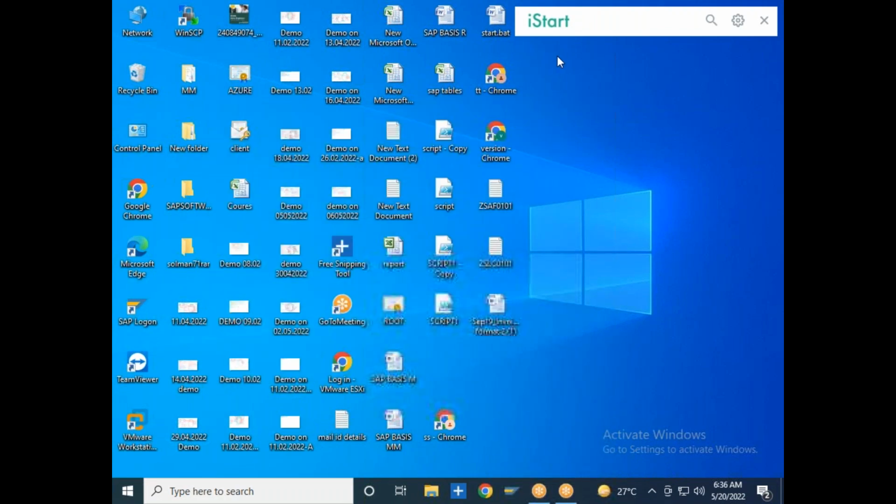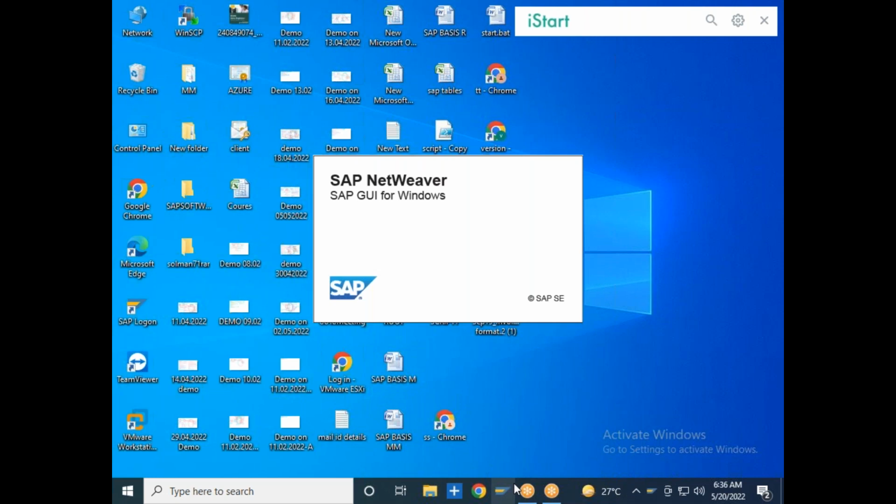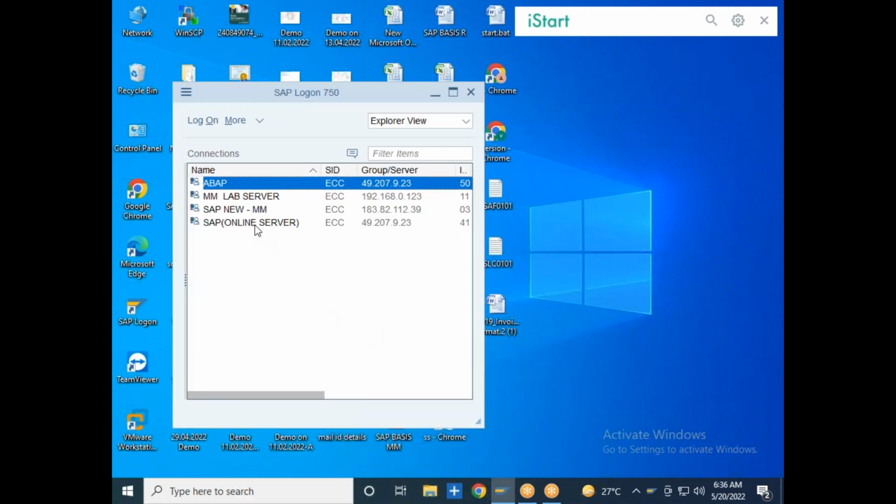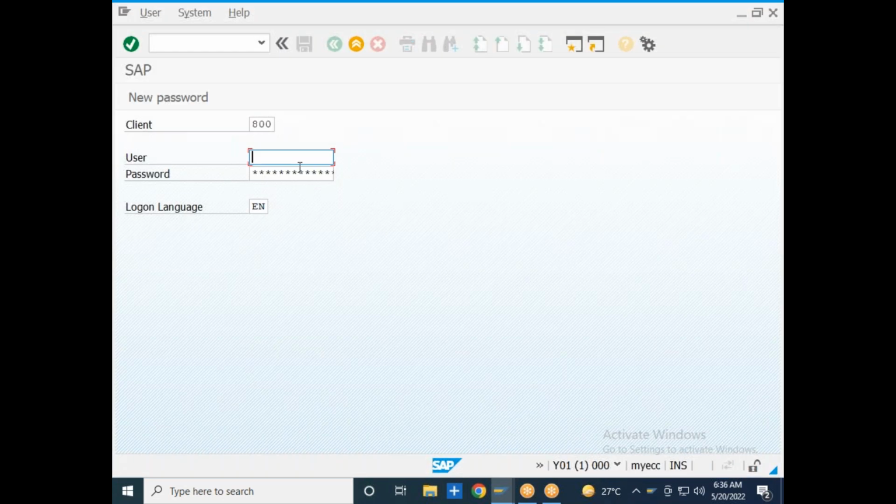So let me go to the SAP system. I will go to the SAP Online. Let me enter into the